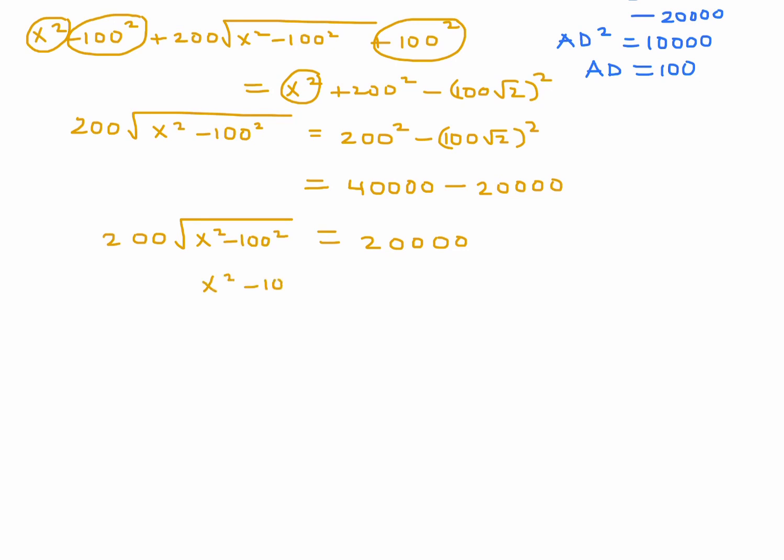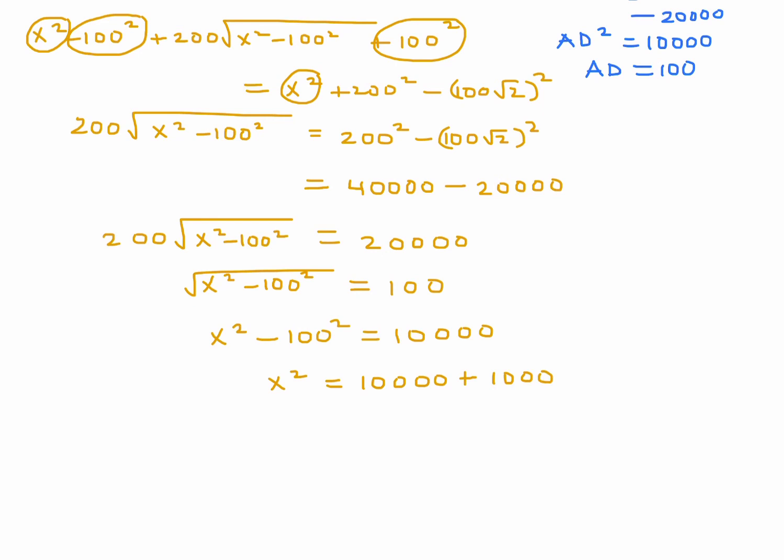Divide through by 200, and that's going to be 20,000 divided by 200, which is just 100. Okay, great. And then square both sides, and I get x squared minus 100 squared. The radical disappears. This becomes 10,000. And then x squared therefore becomes 10,000 plus 10,000. So that means x squared is 20,000, and therefore x is the square root of 20,000. And that is approximately